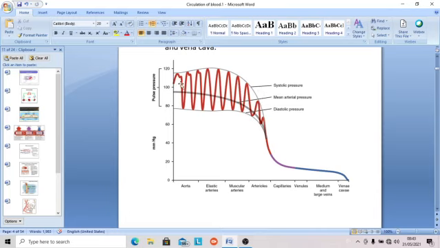The pulse was 80 to 120, so 40 millimeters was the pulse pressure, the difference between systolic and diastolic. That goes on reducing over here in muscular arteries, and then in arterioles it is greatly reduced. And as you reach the capillary, there is no pulse. You can see here the pressure is below 40 millimeters of mercury in capillaries and it is constant. There is no pulse in the capillary.